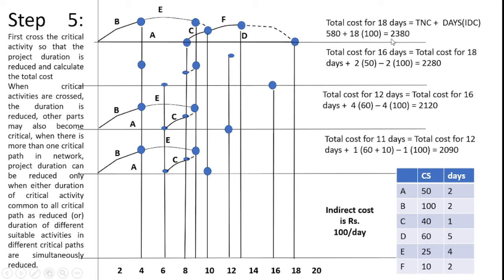From this I can get rupees 2380. Not only the least cost schedule is completed within this, where I have the path, because here you see F is completed before the completion of D process, so that I can reduce here. There are possibilities available, for the reason I go for some reduction process, so we can reduce and calculate the total cost again. When the critical activities are crashed, the duration is reduced.